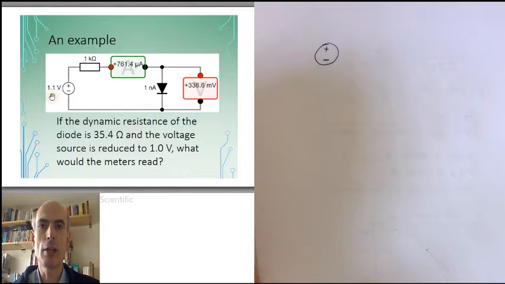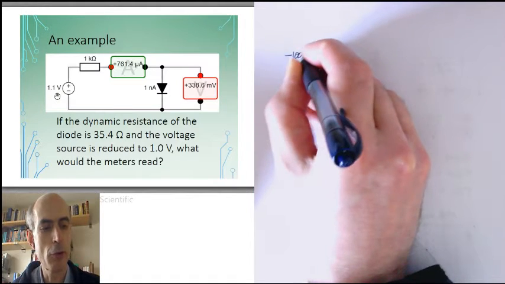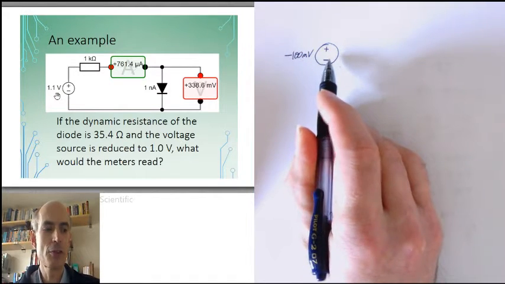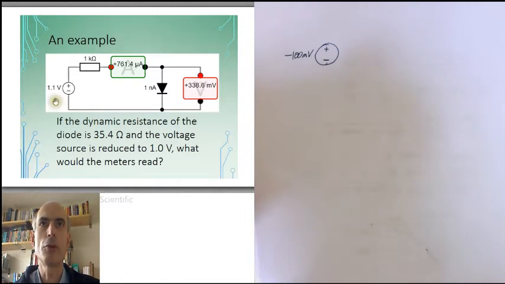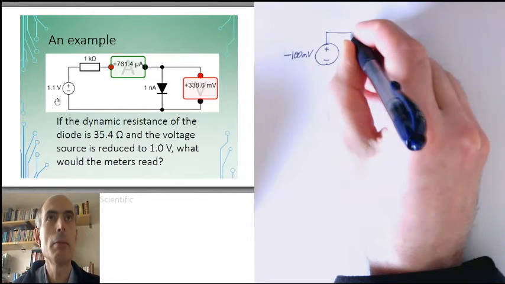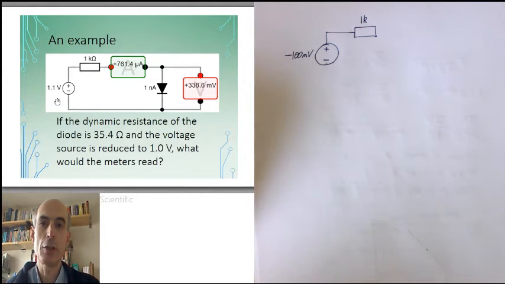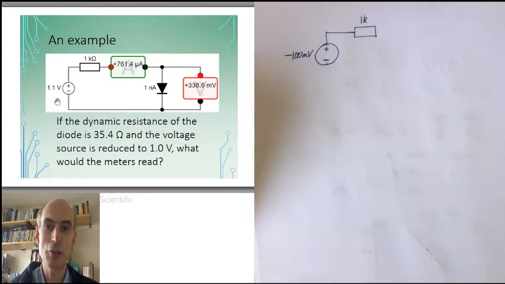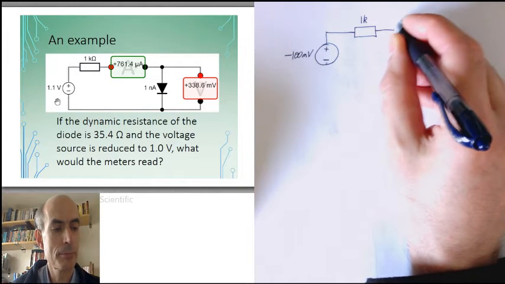So the change in the voltage is minus 100 millivolts. So I would have this as a minus 100 millivolt. That's delta V. That's the difference in the voltage here from my operating point. The dynamic impedance of a 1K resistor is just 1K. Because, as we've seen, for a resistor, its dynamic resistance is equal to its static resistance, is equal to just its resistance. That goes through this ammeter here,